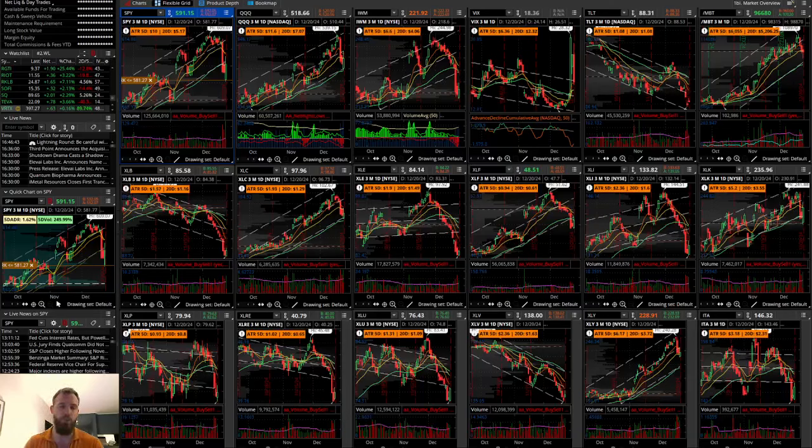This is actually one of the best possible times to go through and see which names are not participating within the sector level rebounds, because it can help you find short ideas, things that are showing weakness. The other thing you can look for are things that didn't rebound quite as much as others. So you can see that in effect across the board, whereas stuff like XLK had a really strong rally today. There's other names that didn't quite rally as much, like XLE, energy still showing weakness. So lots of interesting ideas out there as per usual, but